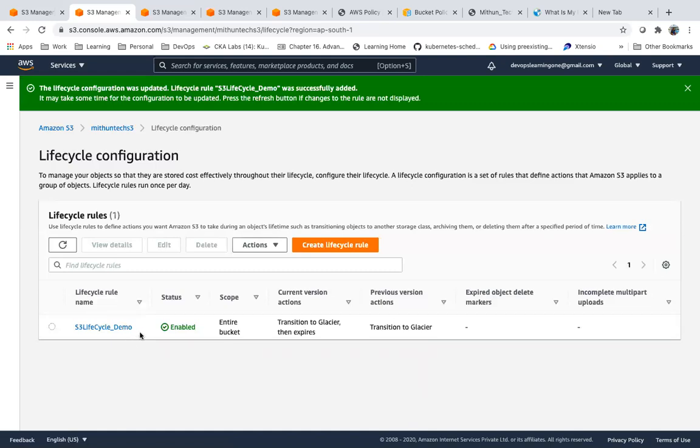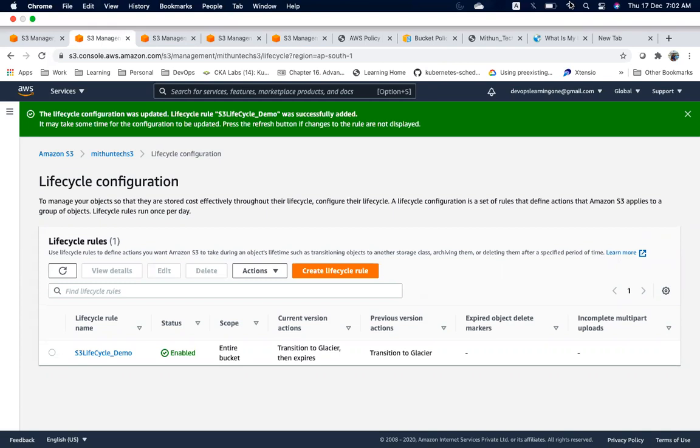What are we trying to achieve with object lifecycle rule? What is the advantage, right? Cost saving. So we are trying to save cost by creating an object lifecycle rule so that AWS will manage the objects based on the defined policy. Now I no need to worry about it manually, right? It will be taken care of by AWS. This is object lifecycle.